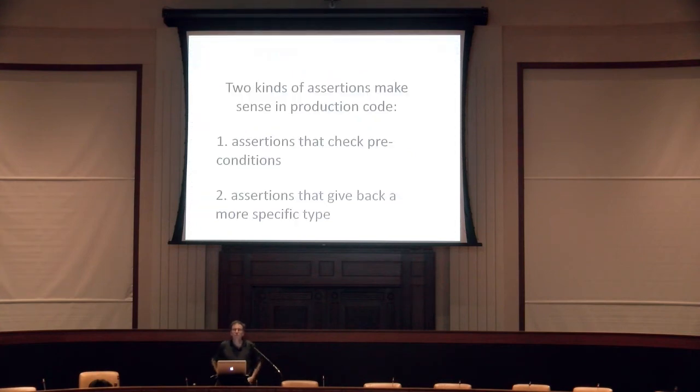So basically what I figured out, I don't know how many years ago it was, I talked to Dave Thomas, but I actually got an answer to my question. It's like, how would you use assertions in production code? Where would you put them? So I think there's two times you should use them. One is these requires, where you're doing precondition checks and you don't turn them off. And the other is assertions that give back the same value with a more specific type. Because now what you've done is you've moved that thing you're asserting into the type where people will believe it, right?